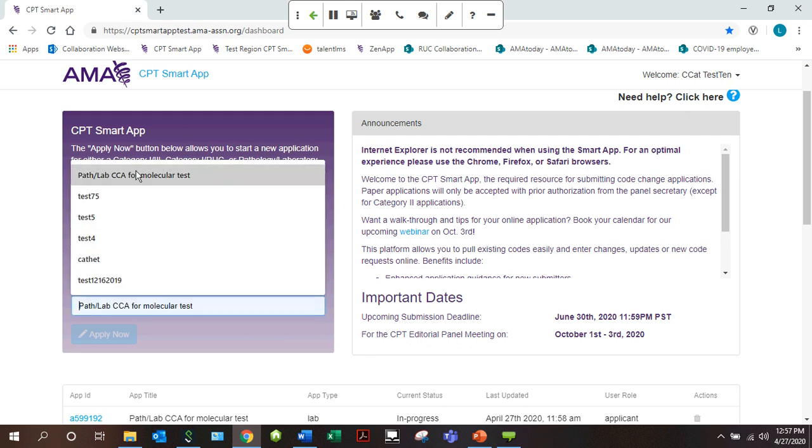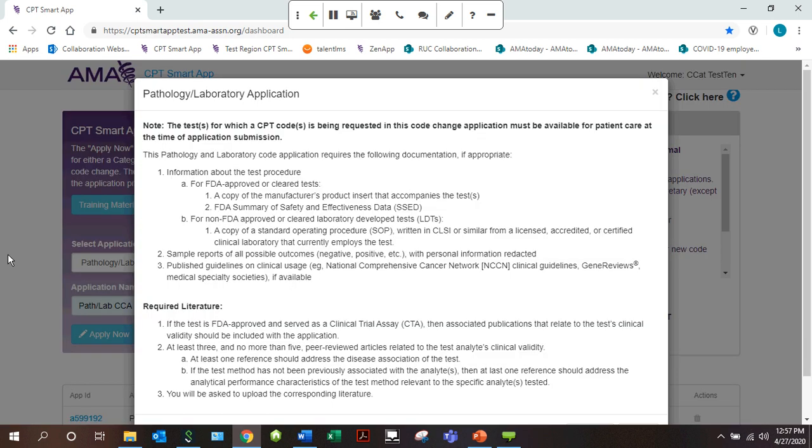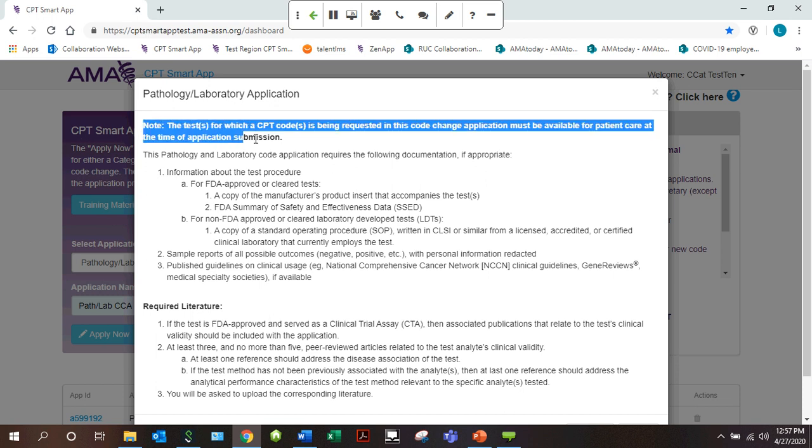I already put in a name, so I'm just going to select that and click Apply Now. So this pop-up screen is the first part of the application where there are changes. The first change on this screen is the note right up here in bold, which states that the test for which a CPT code is being requested in this code change application must be available for patient care at the